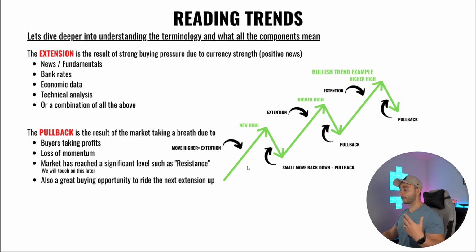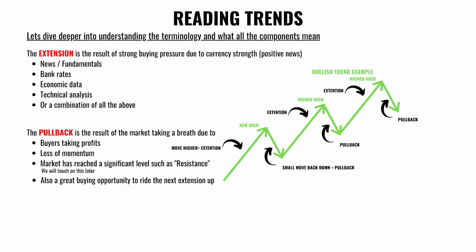So when I talk about buyers taking profit, as traders, we like to ride the extensions, we like to ride the trend. This pullback, which we'll just touch on in a minute, is a counter trend move, but also makes a good buying opportunity if you can get in on the pullback to ride the next extension up. So when price moves up, what causes the price to come back down is buyers are now taking profit. So they are now selling their orders back to the market, which causes price to drop back down, creating that